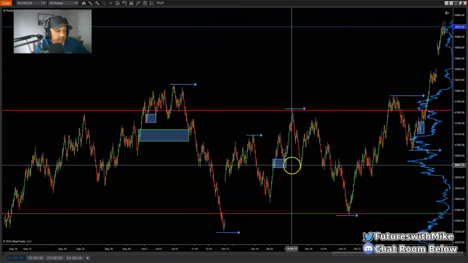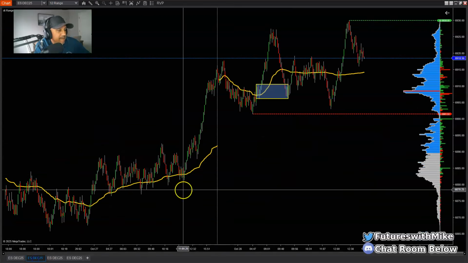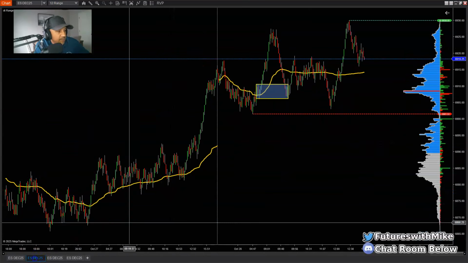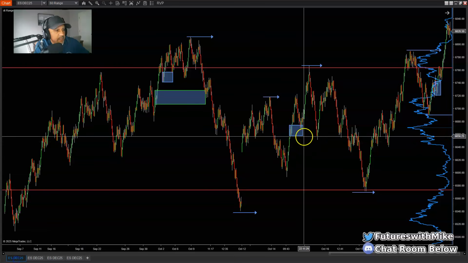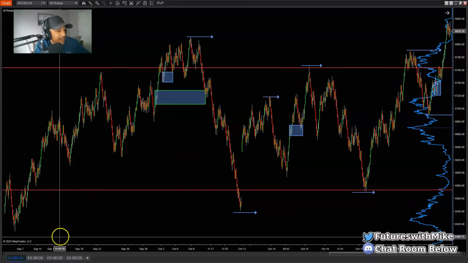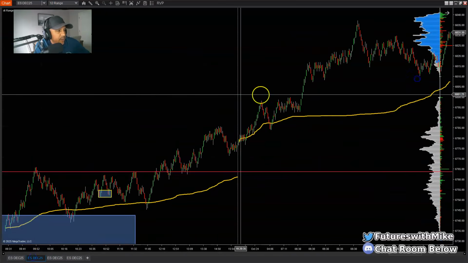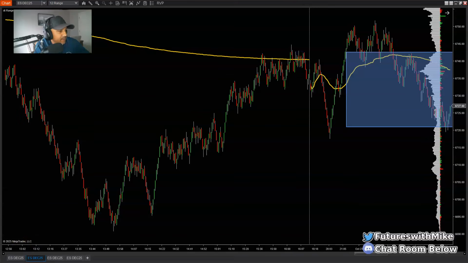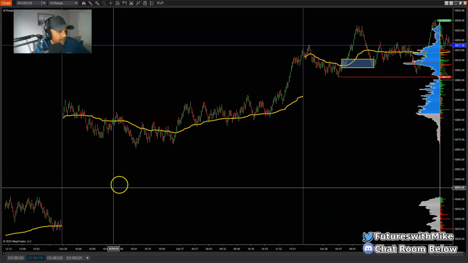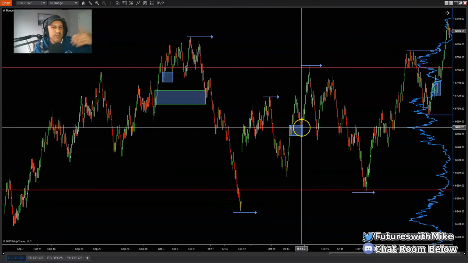Okay, so this would be what I would do. Market comes back to this area here. I'm scaling down to my lower range 12 range chart. This day was on, let's see here, October the 14th. So October the 14th, the market will pull back to that area. I'll move down to my lower range chart, and it's way out here somewhere, guys. Let me see. Yeah, it's even further off to the left, so I would have to load some more time, more data. But anyways, as the market would trace back to that zone, once we tap into the